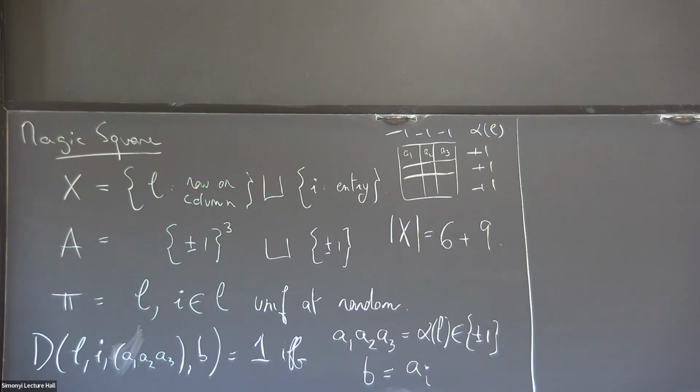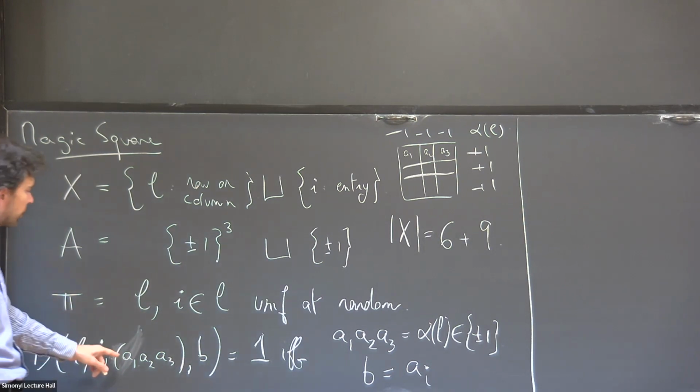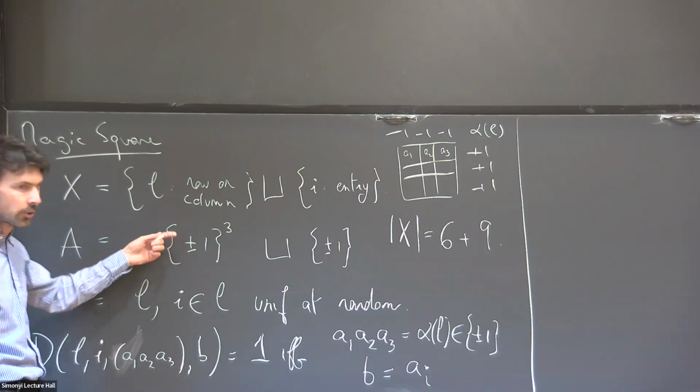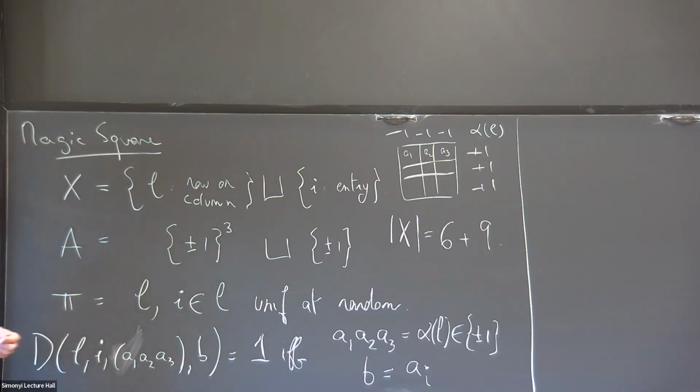I'm trying to get it. So if you get a line, you need to return 3 minuses, and B should be the entry. No, if you get a line, you should return 3 values in plus or minus 1. Yes, like so. 3 minus or 3 plus, according to whether it's a row or a column. Yeah, well, they don't need to be the same.